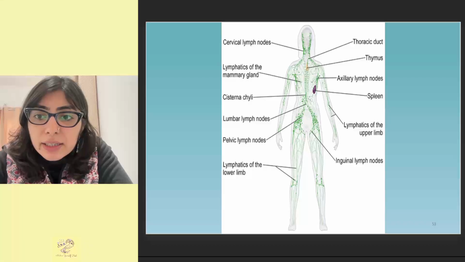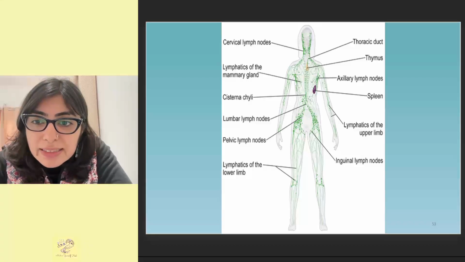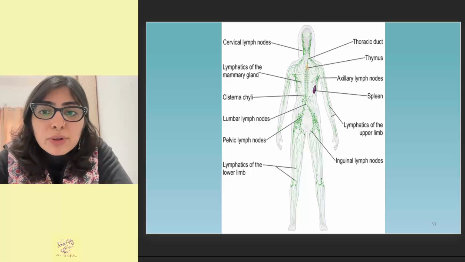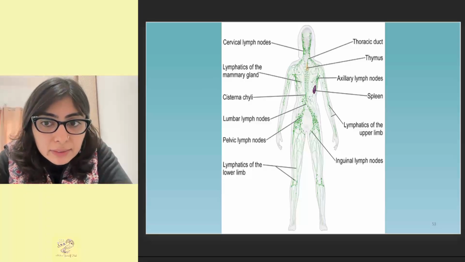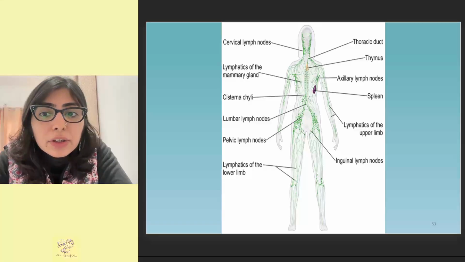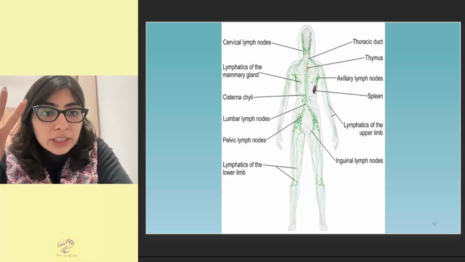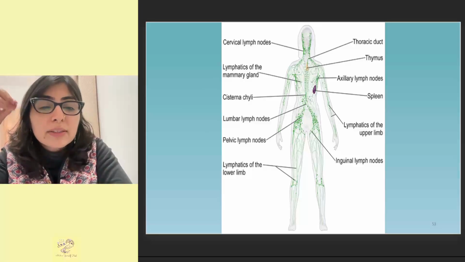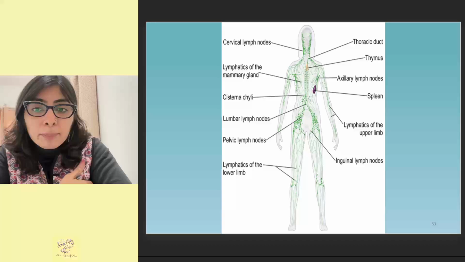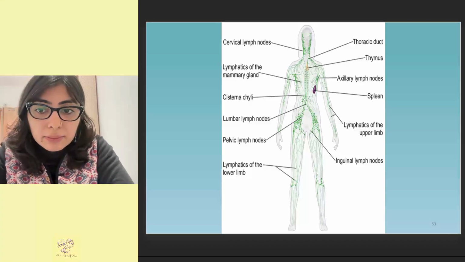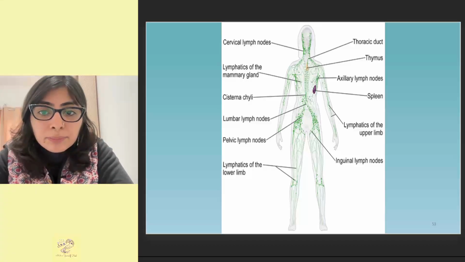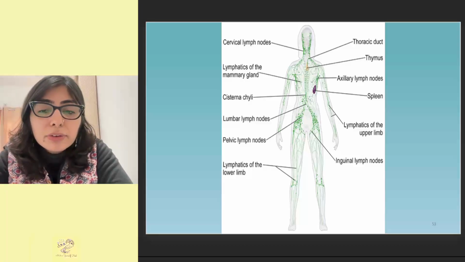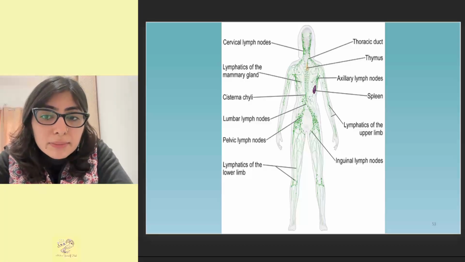Okay. Then there is something called lymph nodes. These little tiny balls that you can see everywhere. Mostly you will find them around the neck, around the armpit, around the abdomen, and in the groin area. These are the four locations where you will find these tiny balls in more frequency: neck, armpit, abdomen, and groin area. Depending on the location, the lymph nodes are labeled lumbar lymph node,